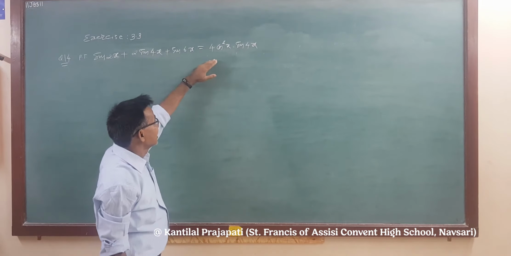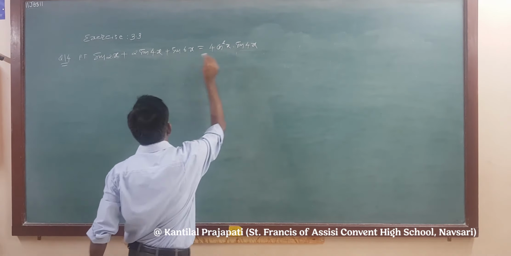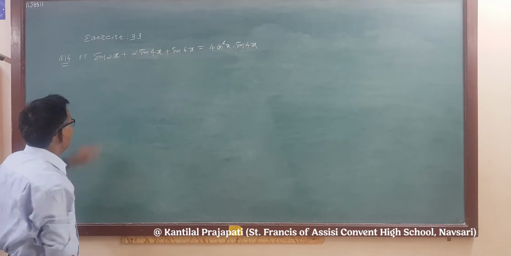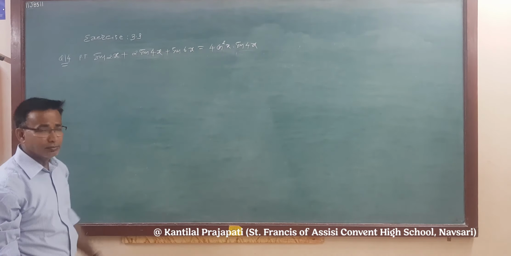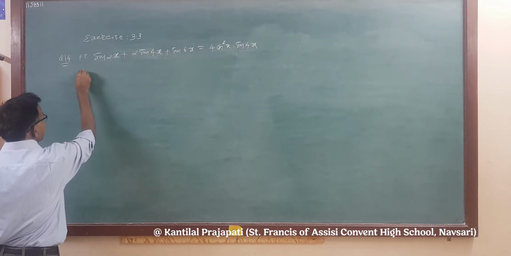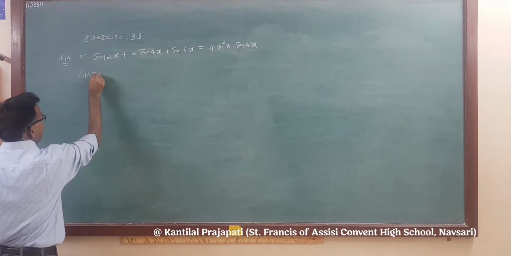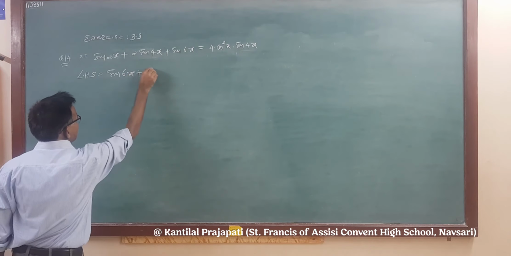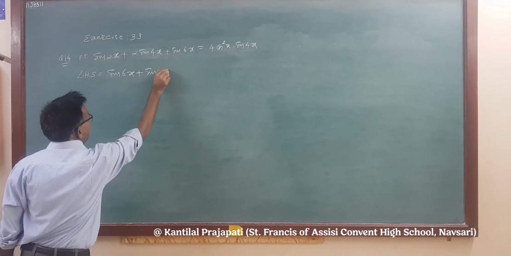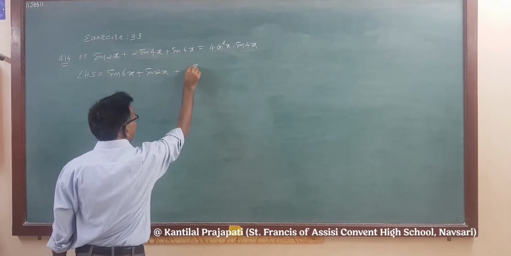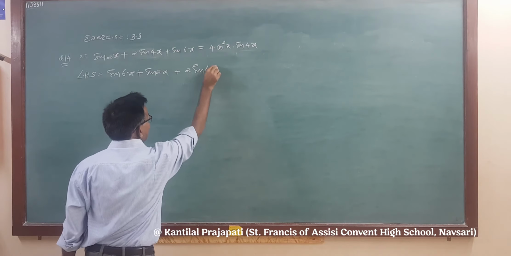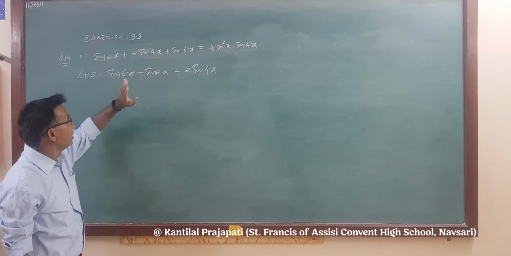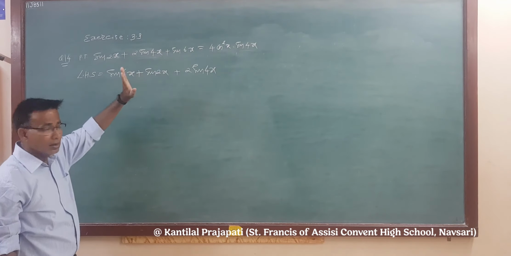Let's see that in RHS we require sin 4x. It is given in LHS also. So we keep it as it is and we add in the first and last term. So what is LHS? First we write the biggest angles, that is sin 6x plus sin 2x plus 2 sin 4x. We may split here. 2 sin 4x will be written as 1 plus 1. Right?